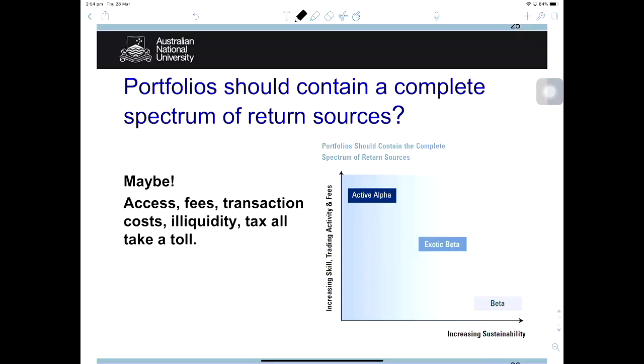Other products or assets that might provide you exotic beta exposure are like the property market, especially global properties. And it's temporarily because of not being favored by a lot of investors, that might be